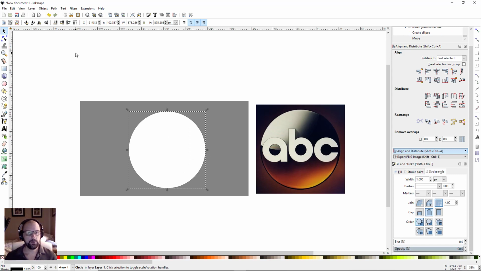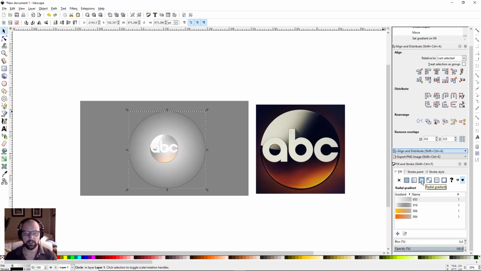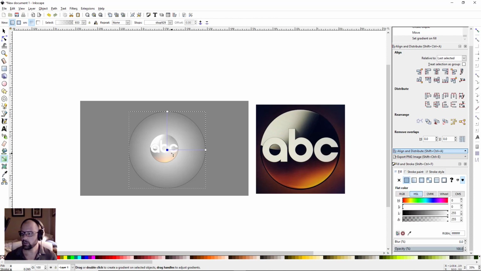Now we're going to turn that into a radial gradient. So let's click there, grab our gradient tool, and then click on that square here, and we're going to make that this orange color. So it's about that same orange that we have here, but maybe a little bit darker. And what I want to do is I want to drag these guys out